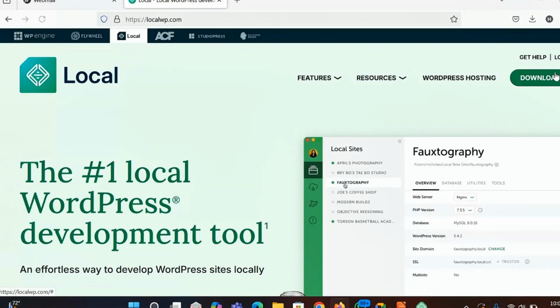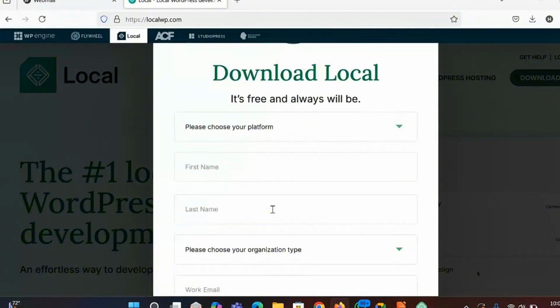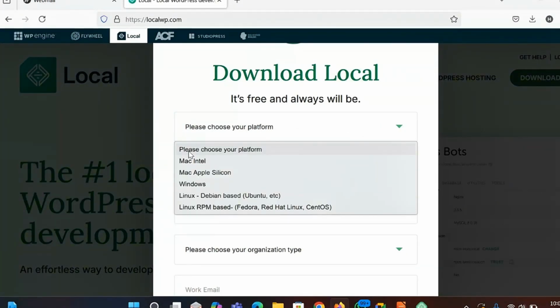Someone has just asked if they can get the version of that software on Mac. I don't know if you were following, but when you're downloading it here, they tell you, please choose your platform. Once you choose your platform, it says Mac. You see that? Is it Mac? Which MacBook is it? Does it have an Intel chip or an Apple Silicon chip? So you choose which Mac you're using.